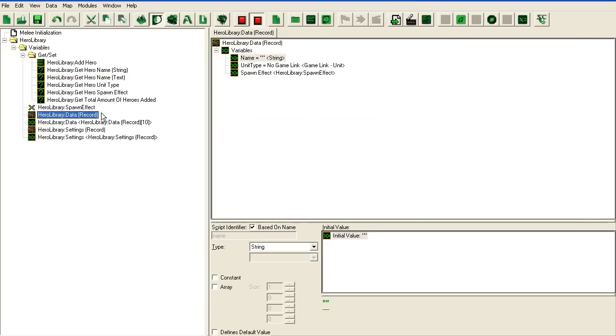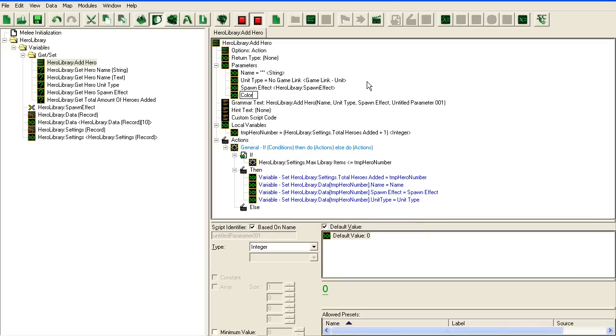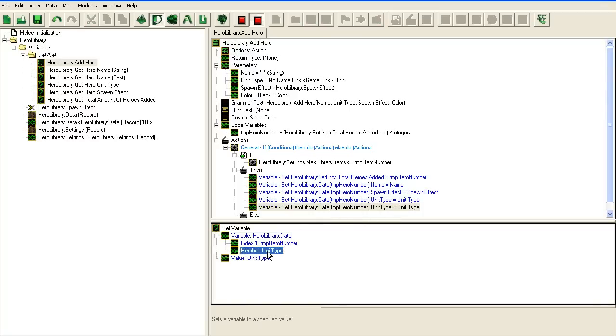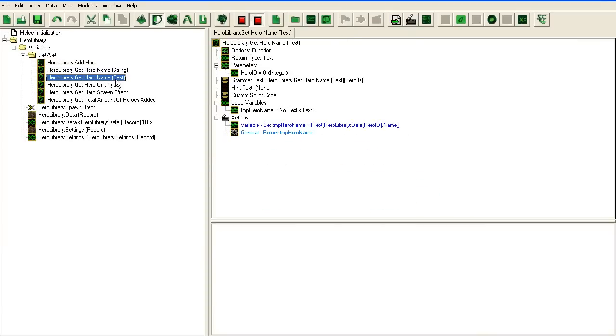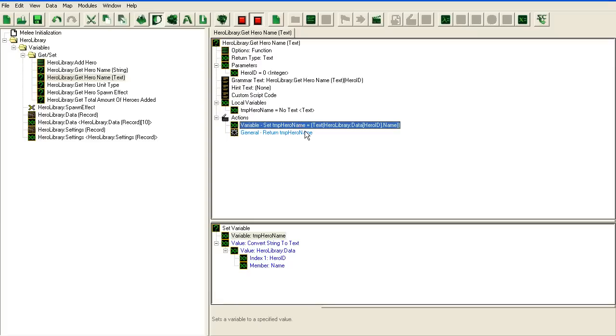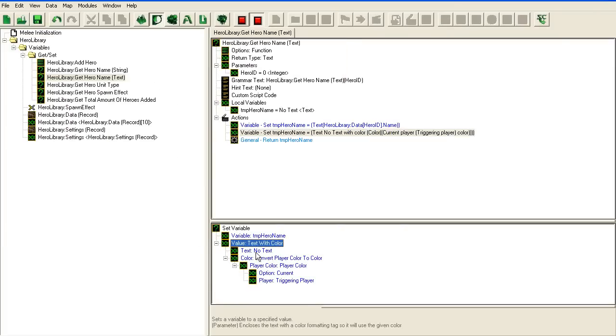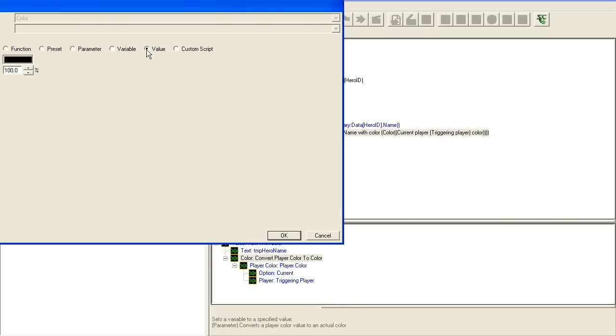all I really have to do is go in here and add color, set it to be a color, then I add it to the add hero, color. Obviously, if I've used this action anywhere, I would have to update every single usage of it, but that's fine. So color equals color. Now that I have my color, I can just go in here, copy this one up, text with color, and the color I want is,